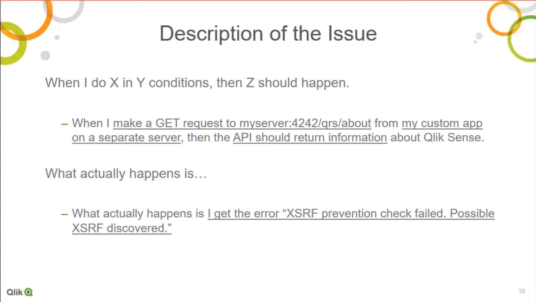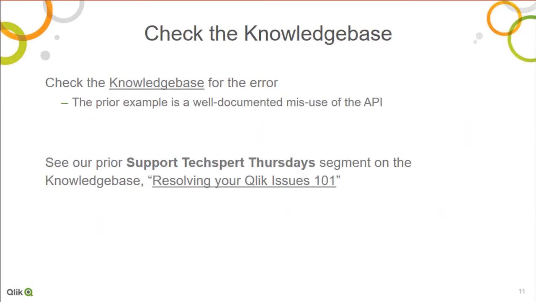Now, if you've written out the problem statement in this way, you probably are going to be able to resolve it on your own because this particular error is well documented. It's just a simple misuse of the API. This header and this URL parameter with the QRS API is required for cross-site scripting prevention. We have a prior TechSupport Thursday segment that talks about how to use the knowledge base, called Resolving Your